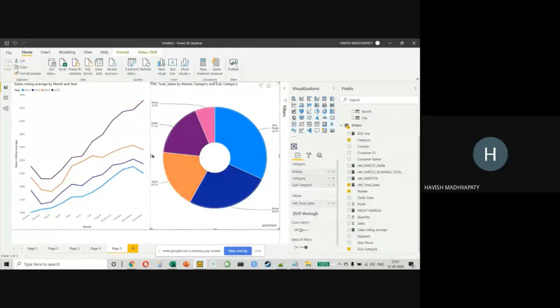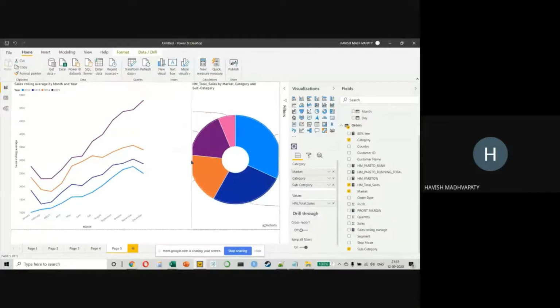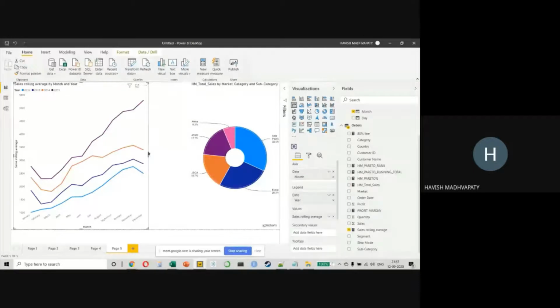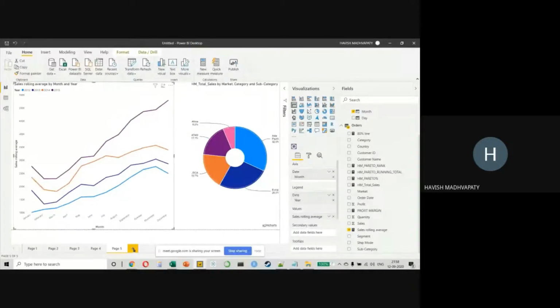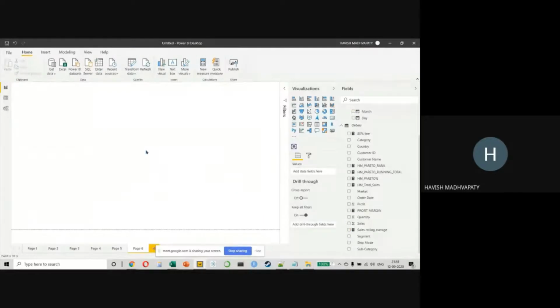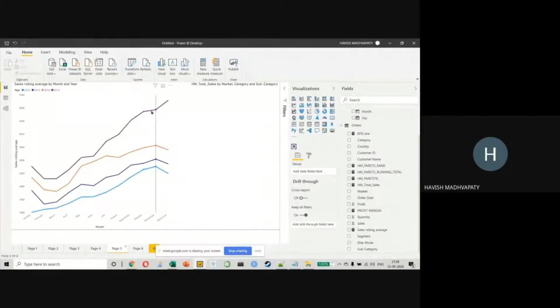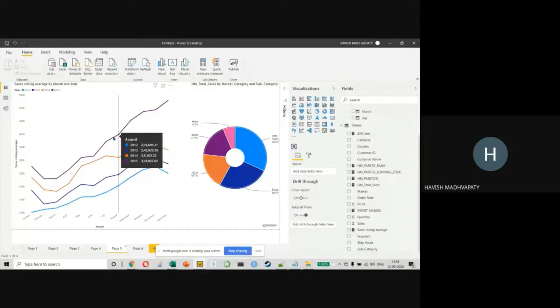And since we are about to complete an hour and there are a few other things I want to show you, I'll just speed up a little bit. This is something nobody did, and I'm a little surprised, but I'll show it to you. All of you can learn from this. Right now, you notice that it's showing me the rolling average, which is great, but it is not telling me who are my top 5 customers, okay?